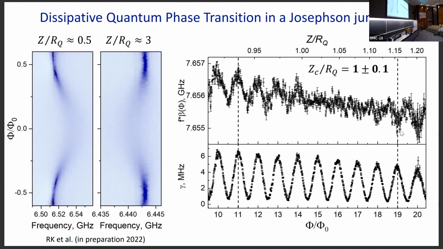So here on the top, I show you a position of one mode around 7.5 gigahertz with some corrections as a function of flux. And you see this flux now goes to some higher values, and at these values you start to tune also the impedance of the transmission line. And this oscillation is the same oscillation as you see here. But what happens is that this oscillation disappears and then appears again, but with a different shift.